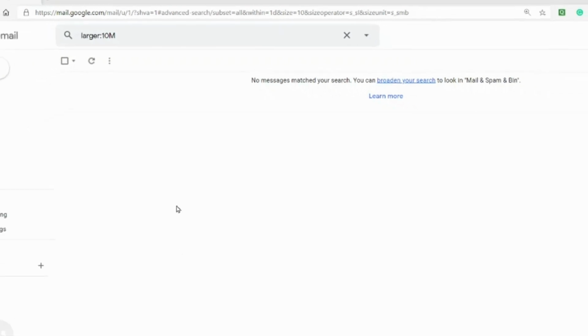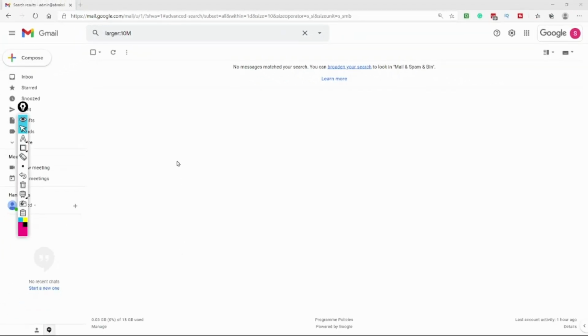So this is one way where you can search for your large mail, maybe 10 MB, 20 MB, and so on, and delete the unwanted emails and free up some space in your Gmail account. Recently Google also came up with a policy that they will clear out your trash, whether it's in the Gmail inbox or the Google Drive trash, every 30 days, because I believe they were having so much space occupied only in the trash since they were not deleting it earlier, that they had to really sort it out.